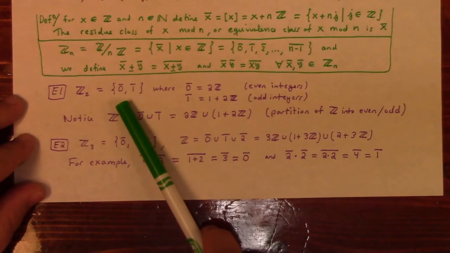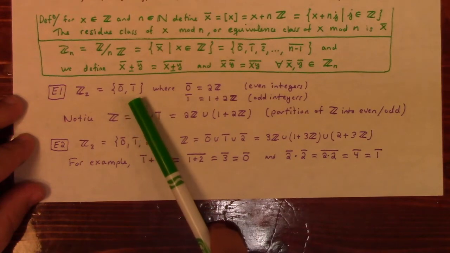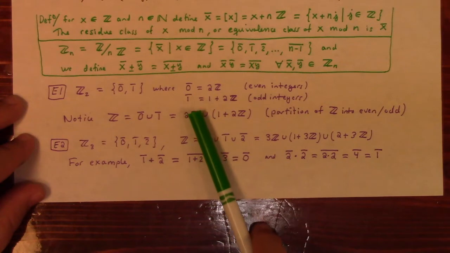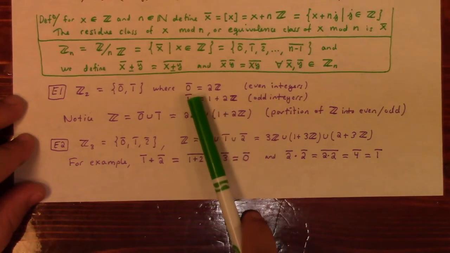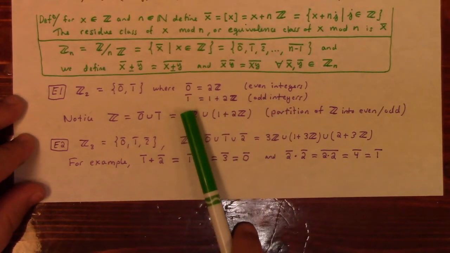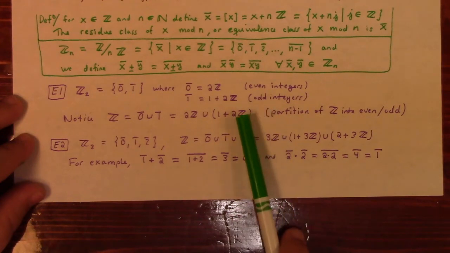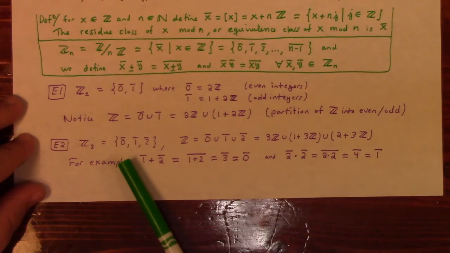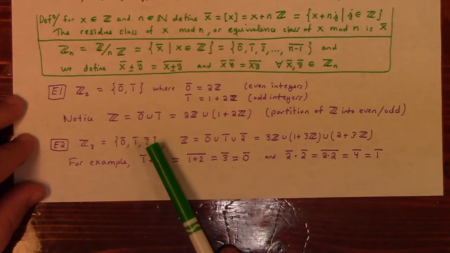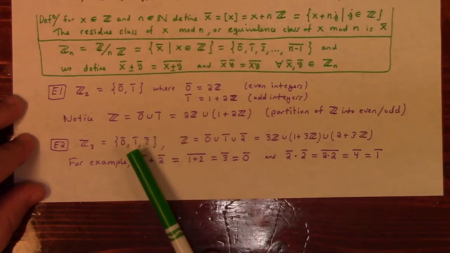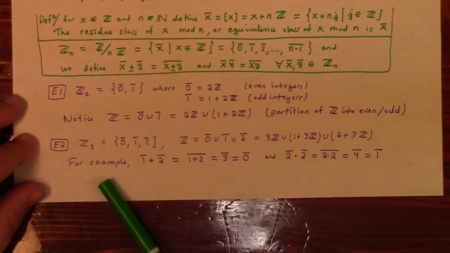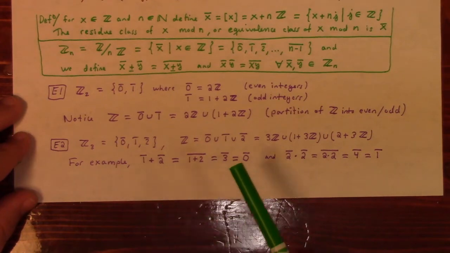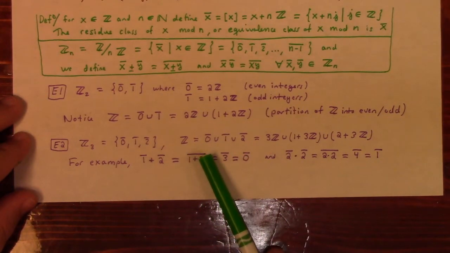So for example, Z2 has either 0 bar or 1 bar in it. 0 bar is 2Z, 1 bar is 1 plus 2Z. In other words, 0 bar is the set of even integers, 1 bar is the set of odd integers. And you can meaningfully add and multiply these sets. That's what's called modular arithmetic modulo 2. All right. Z3, you got 0 bar, 1 bar, 2 bar, and that partitions the integers into